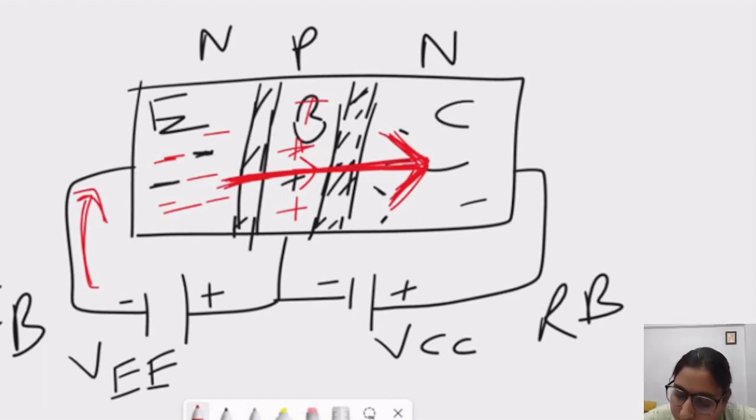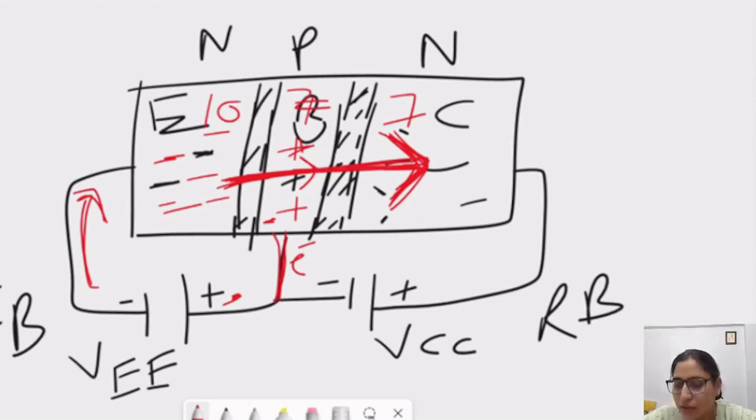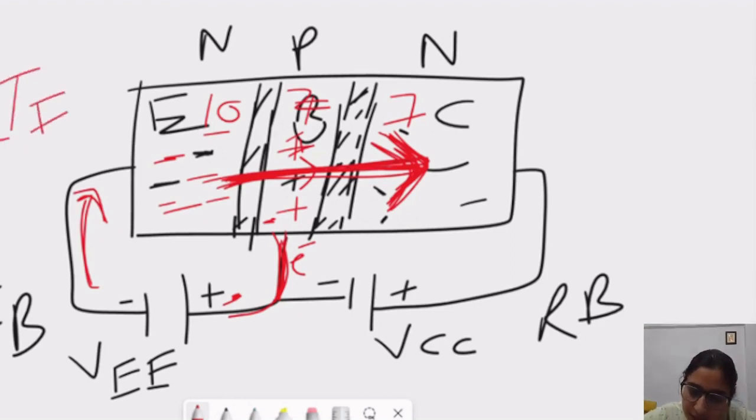So what will happen here, if let's say 10 electrons are traveling, 2 are recombining here and 7 are going towards the collector, and 1 electron will flow in this direction, because a negative charge traveling here is attracted to this positive battery. So 1 electron is flowing in this direction, 7 are flowing in this, and 2 are recombining. This is the basic understanding of what is happening to the emitter electrons. Emitter electrons flow towards the collector, but due to this biasing battery, some also flow in this direction. So here there are 3 currents: one is our emitter current IE, second is our base current IB, and third is our collector current IC.